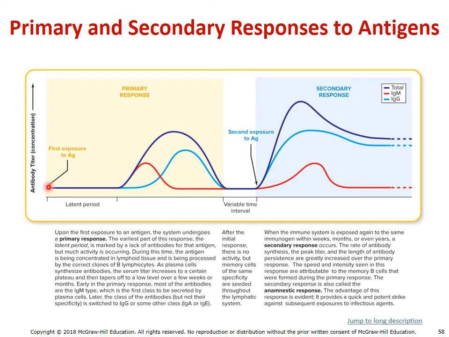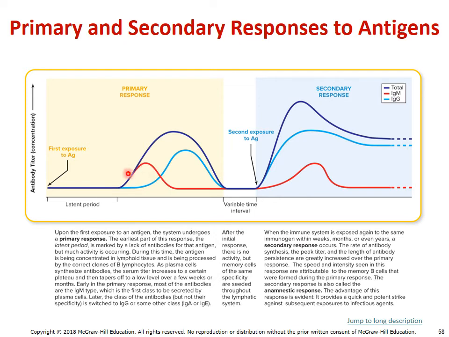Notice the first time we're exposed, there's this latent period where we're not really producing antibodies because we haven't really matched everything up yet and started making the antibodies. So by the time we start making antibodies, notice we do a pretty decent response, but notice there's differences in concentration between IgM and IgG. You recall IgM was used for agglutination